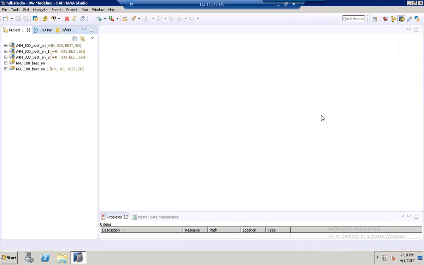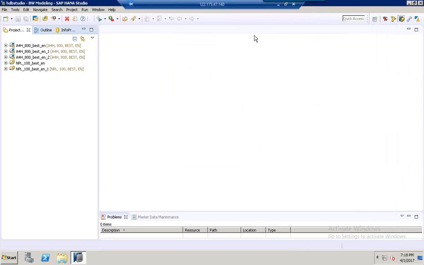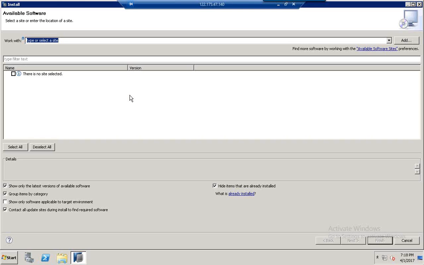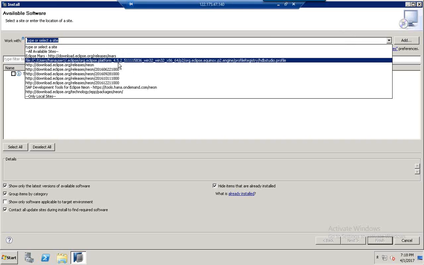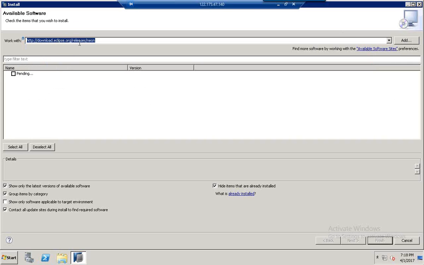In order to install the ABAP perspective, once you click on this icon, you should have the ABAP perspective. So how do you get this ABAP perspective? We need to click on Help, click on Install New Software, and here you have Download Eclipse. Once you select this, this is the link. Once you click on this link,